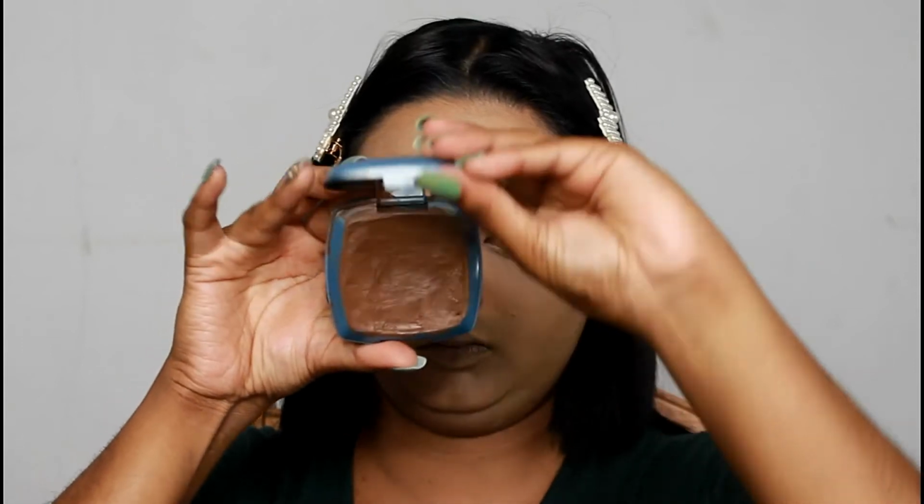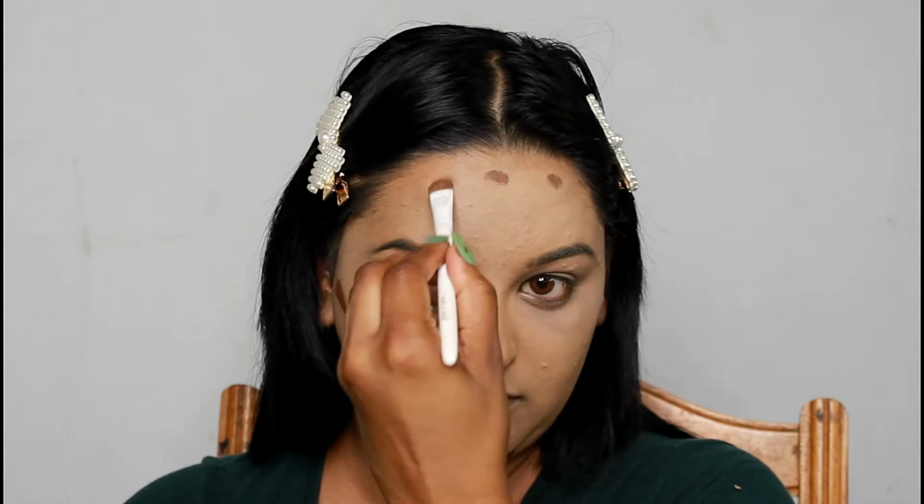And now I'm taking my Charlie cream to powder contour, and what I do is I take it on this little Wet n Wild concealer brush. It's a flat brush. It works really nice to apply cream products. I am going to apply this on my face where I will normally contour the sides of my face, under my chin to hide that double chin. Then I put some on my forehead and along my nose, and I also take a little bit and apply it at the bottom of my lip to make it appear